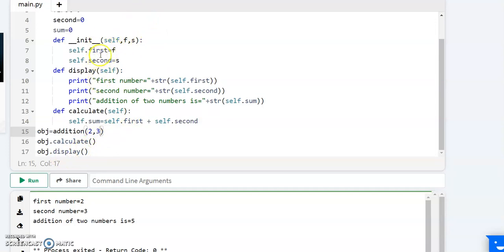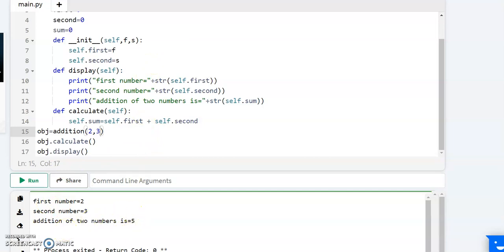Then self.first, for first 2 is initialized. Then 3 is initialized to second. Then it will go to here. After that, first number equal to 2, second number equal to 3. Then addition of 2 numbers is self.sum. Self.sum equal to 2 plus 3. Okay, this is the parameterized constructor.